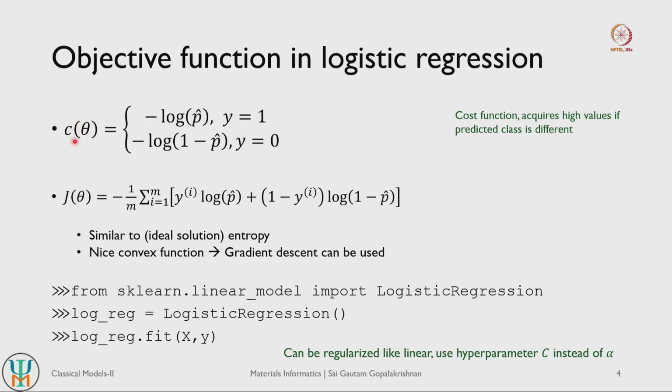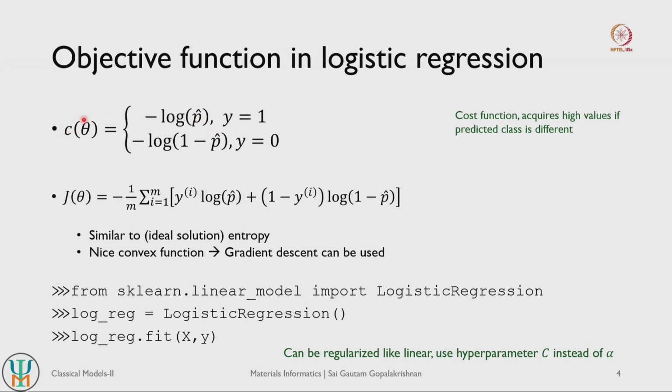So the cost function for any set of weights and biases is defined as negative log of p, where p is your output value here. So it either has a value of 0 or 1. So it's negative log of p for the target values which are 1, and negative log of 1 minus p for target values which are actually 0. So y is your target and p is your predicted value, your probability.